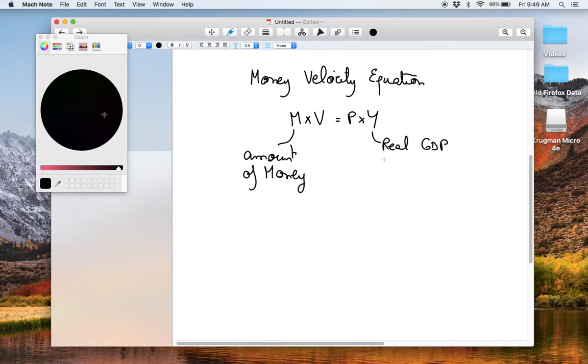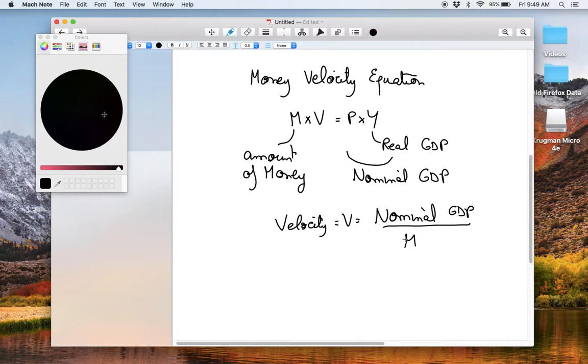So price times real GDP is nominal GDP. So the velocity of money is nominal GDP